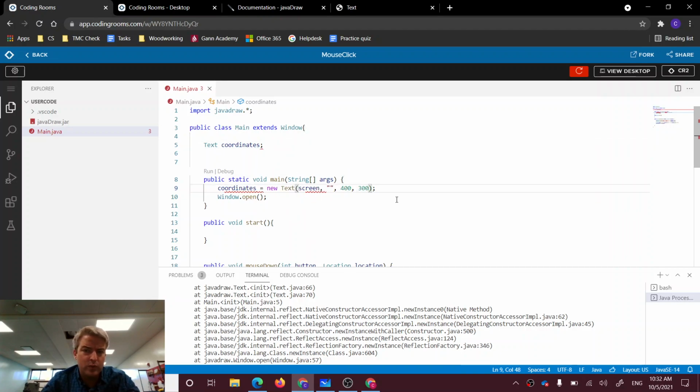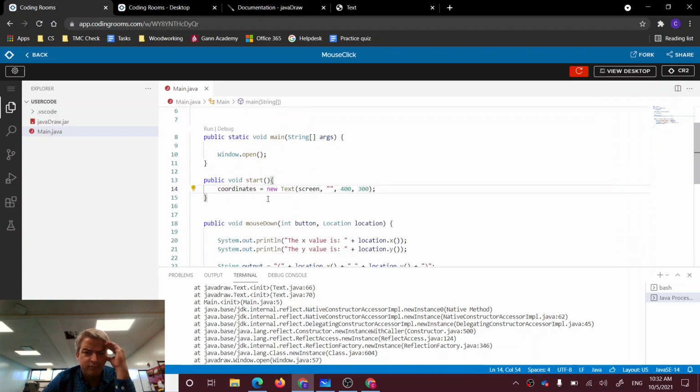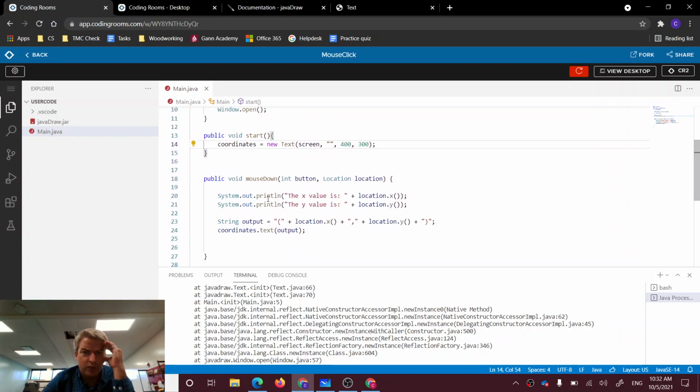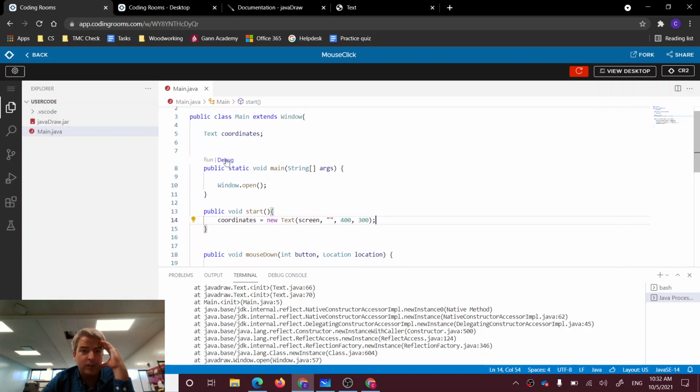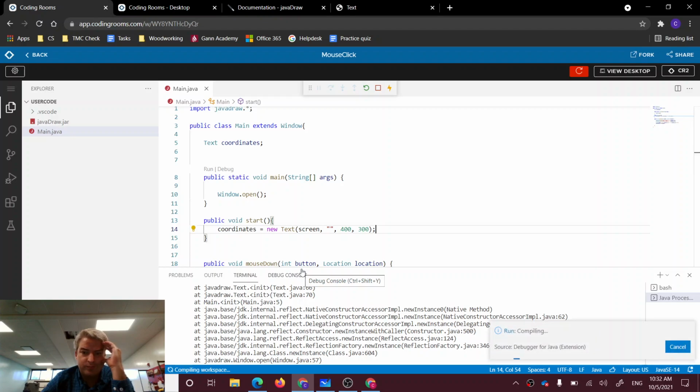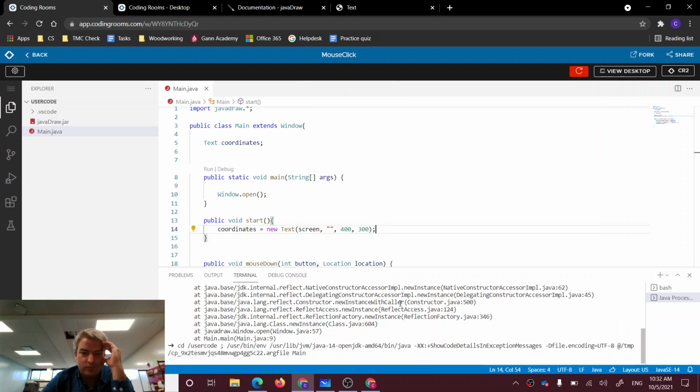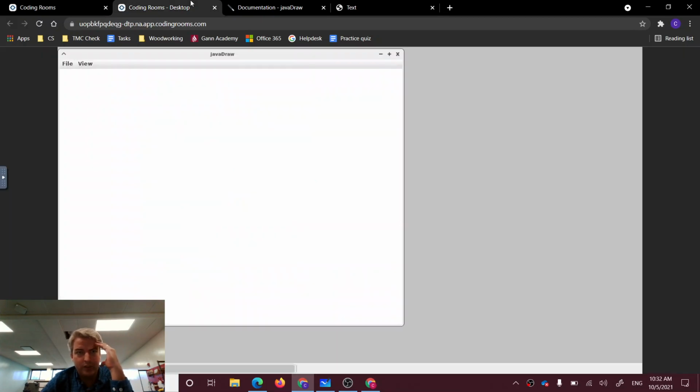But basically what I'm doing is splitting this up. In here I'm declaring a variable, and then down here I'm using that variable. And then it wants to be... actually, I can just do this in start. Deal with static stuff. All right, so this should work. We're declaring it up here. We're creating it down here. Let's see if Java's got a problem with it this time. Nope, looks like it's not having a problem with it. So, weird. All right, so now if we click,